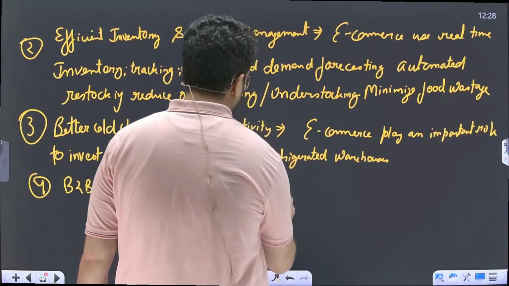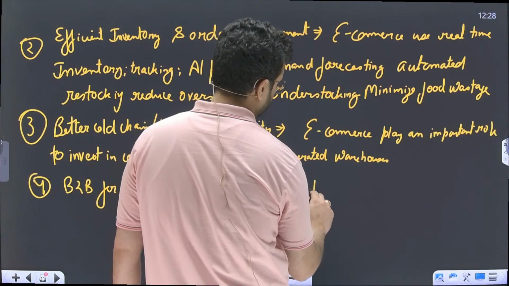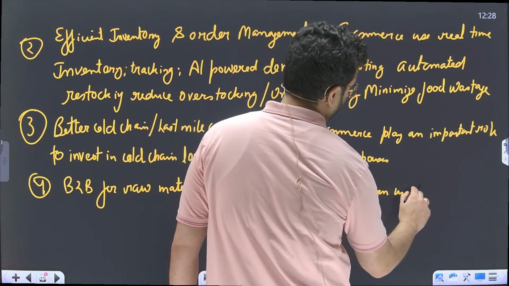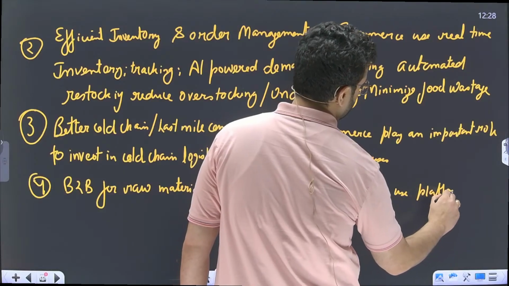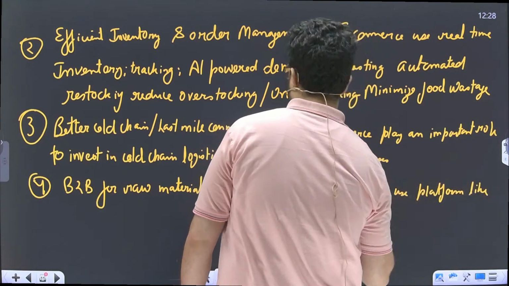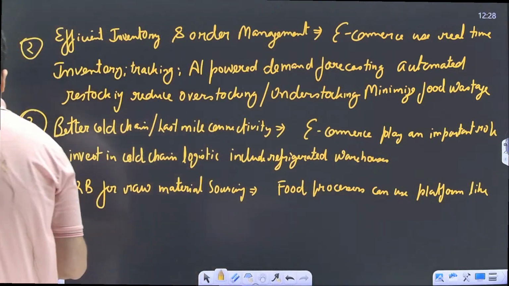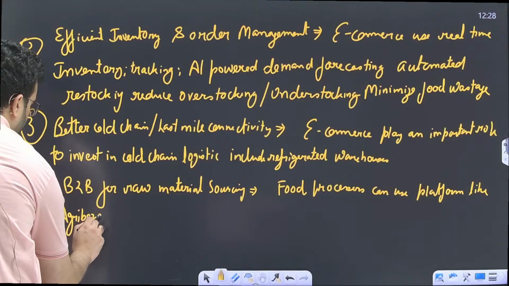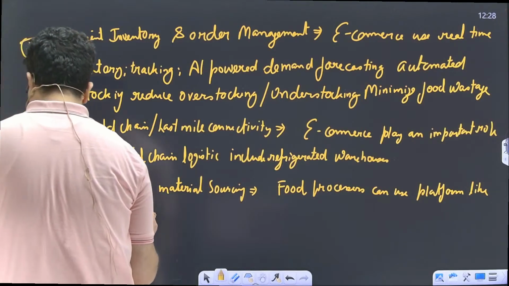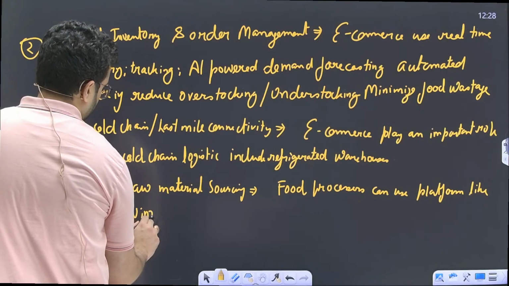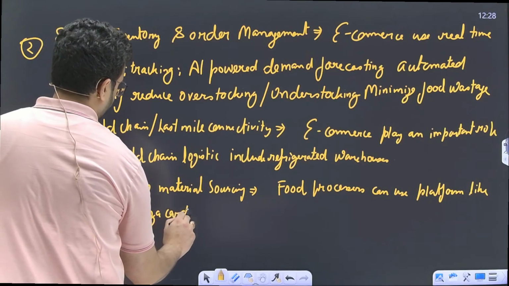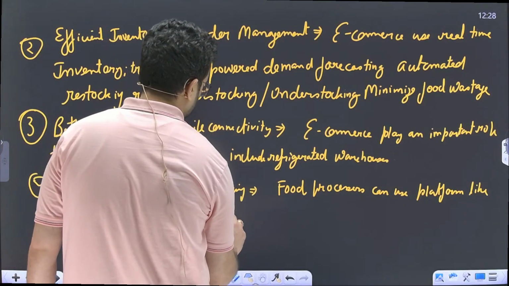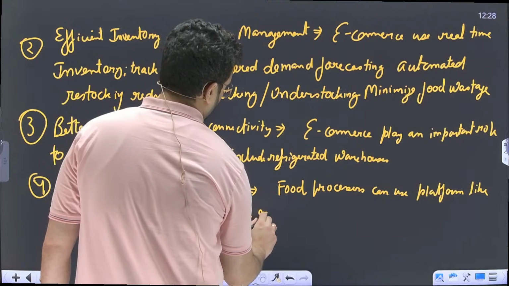Food processors can use platforms like AgriBazaar, Ninja Card to procure grains,